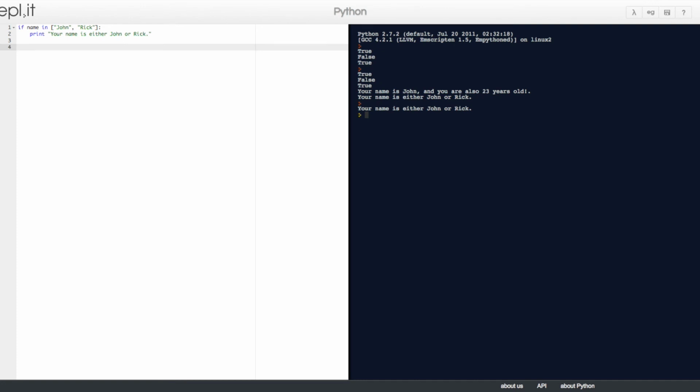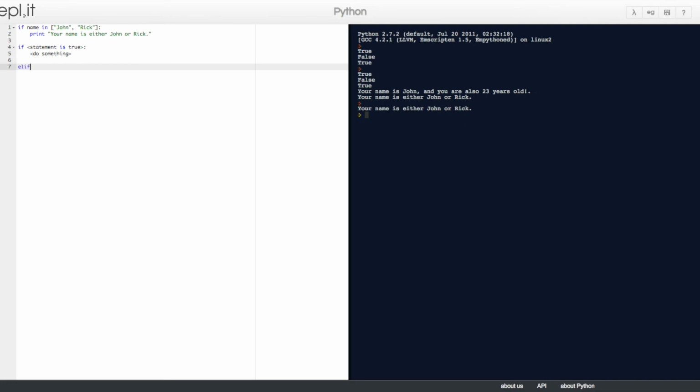Okay, so what that means is we do if, and then we'll put a statement that is true, and then there'll be an indentation, and then we'll tell it to do something, right?